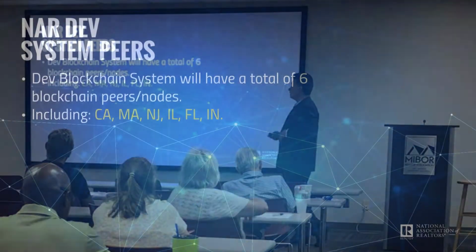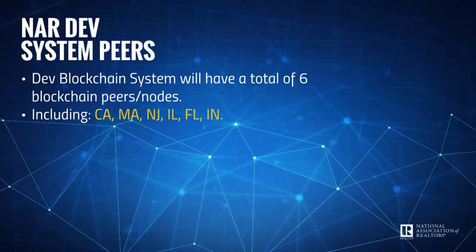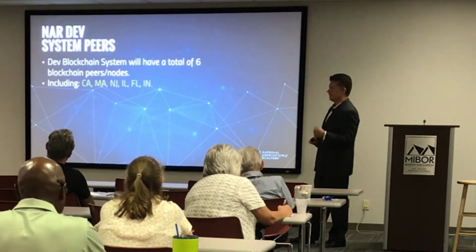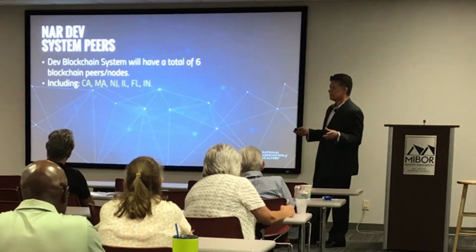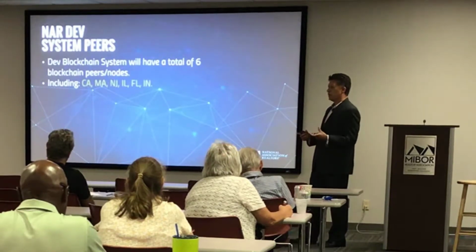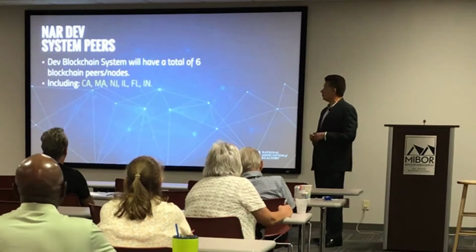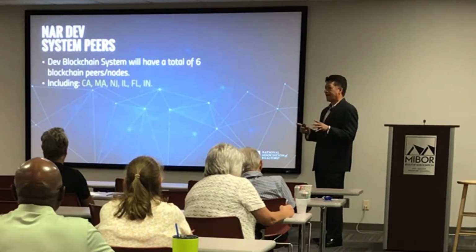The way we're planning to do that is that we're going to have the 6 peers. California is going to have one. Massachusetts is going to have another one. New Jersey already has one. Illinois already has one. Florida will be next, and then Indiana. Once we have all these 6 systems working as one, updating all of the ledger information with any data you as members want on the system,